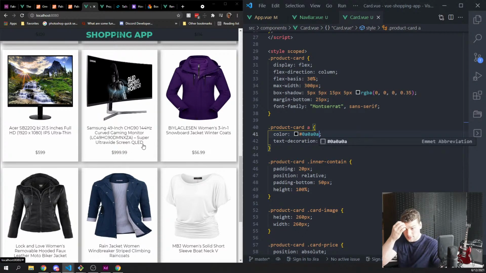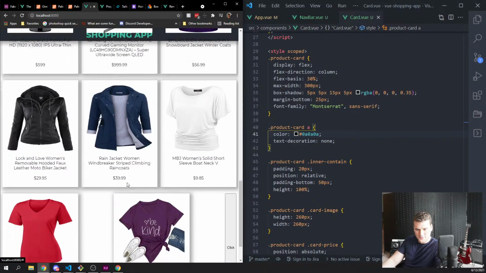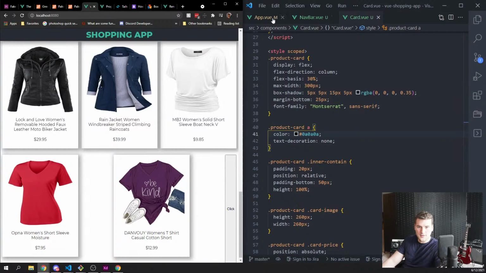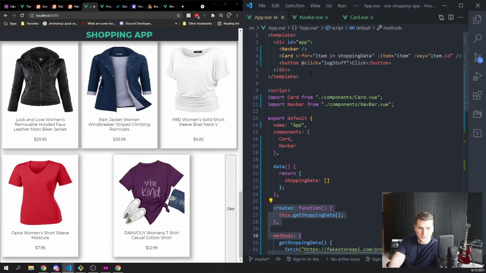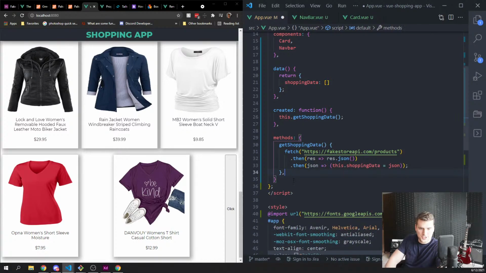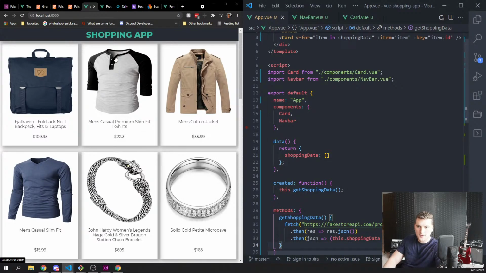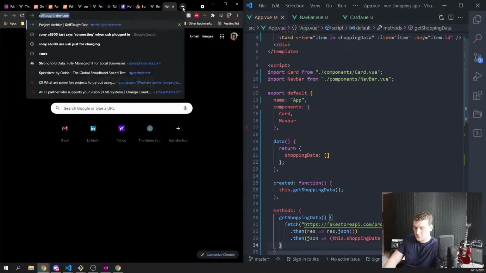Cool. The price of that is too long. I mean, not the price, the price of that is too high, but the title is very long on that. I don't need that button anymore in app, so we're gonna go ahead and remove that, and then we're gonna get rid of our log stuff function because we're not using that. Anything else we need to get rid of in here? No. Cool. All right, so